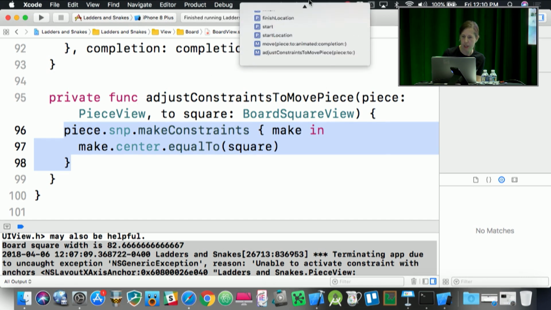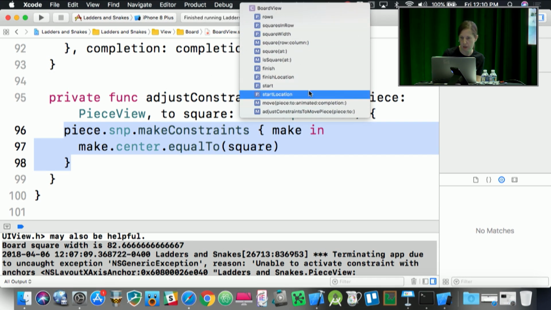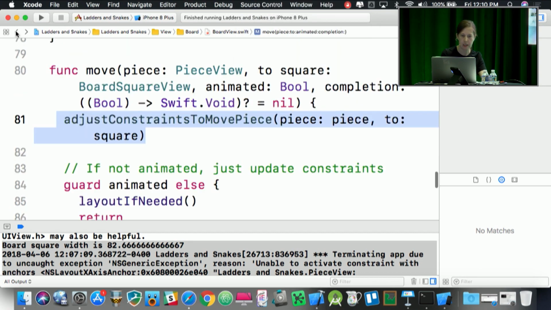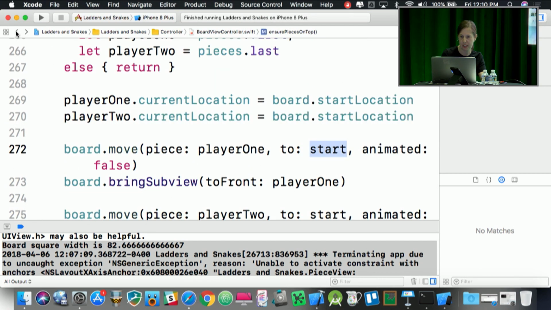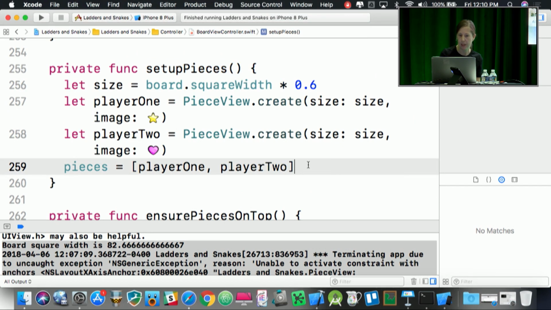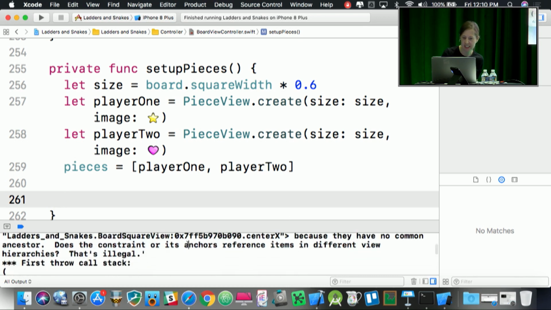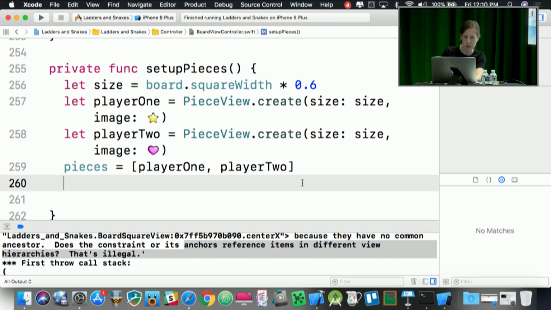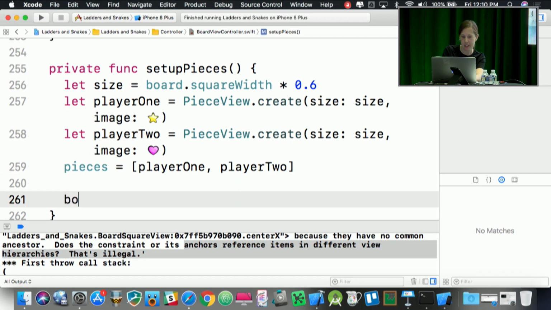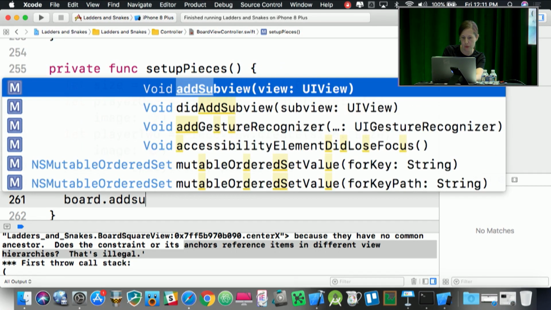But what I have realized looking through all of this is that, oops, I'm just going to hit back a couple of times till I get back to my board view controller file. It seems like although I'm setting up these pieces, I'm never actually adding them to the board in any sense. And I suspect, given that they're talking about referencing anchors and constraints in different view hierarchies, if I haven't added the pieces actually to the board and I'm trying to create constraints between them, things probably aren't going to work very well. So I'm going to go ahead and try and fix that based on my hunch by saying board.addSubview